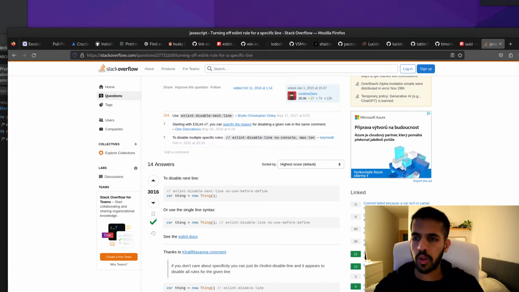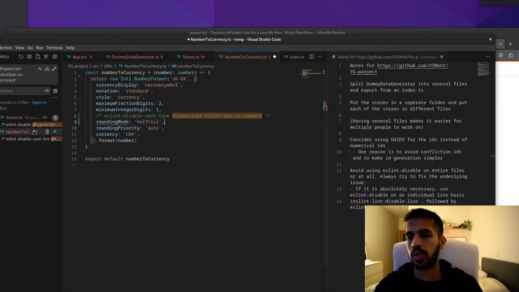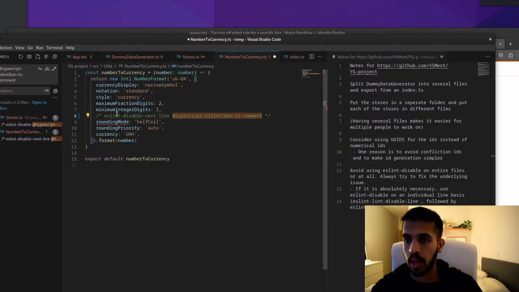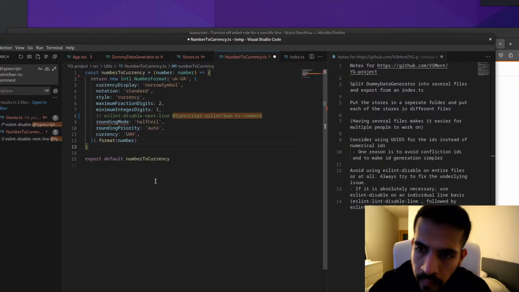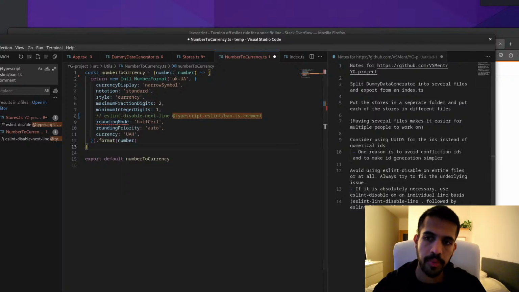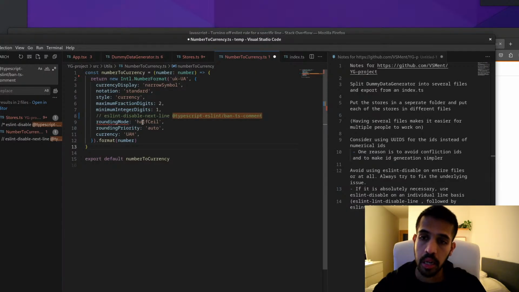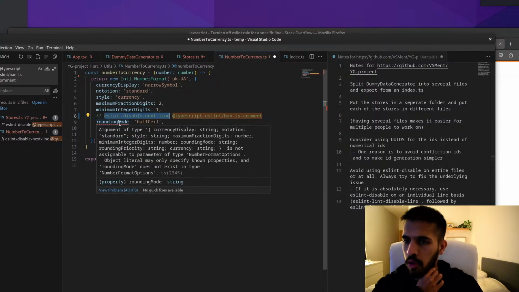Once you do this, you don't have to re-enable it actually. It's still not disabling. Why? Must it be a comment that's written like this? Also no. Interesting. Disable next line. Well, it's strange that it's not working. Huh. And now it starts to bug me. Why is this not disabling the next line? Is it actually being enforced with... Yeah, right.